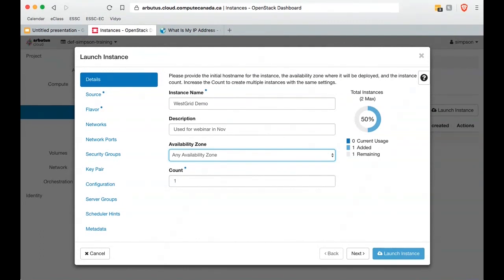Or if the Arbutus team needs to take Arbutus down for updates or security patches and so on and so forth, they can take down just persistent 2. Persistent 1 stays running, they do all their patches on persistent 2, bring it back up, bring down persistent 1, and so your website is constant. It never goes down or goes away, as long as the site as a whole doesn't go down.